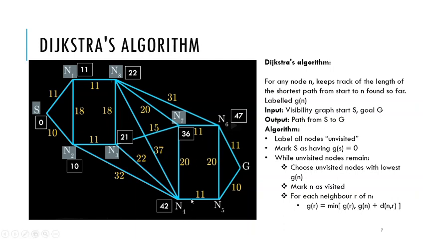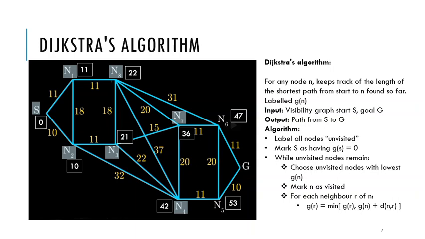Now another neighbor is n4. So the path will be 36 plus 20, which is 56, but we have 42, so we will not write it here. So n4 is going to be the next to visit, because this is the smallest, so we will visit n4. And now from n4 we will see what the nodes are. Only one node is coming out because the other is already visited, and when we add 42 plus 11, we get 53. We will mark it, and I am pretty much done.